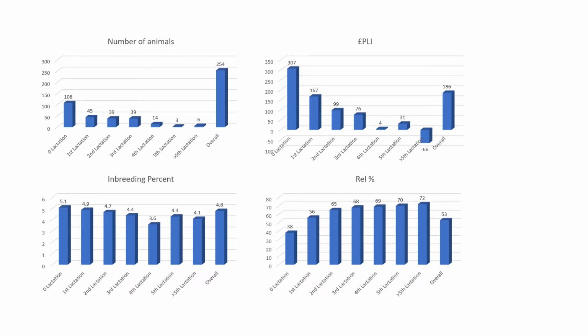The first slide, we've got number of animals. This just gives me a little bit of an idea of the breakdown of the herd, of how many animals are heifers, how many first lactations, second lactations, etc. The second slide is on the PLI. This is just an example of a herd with PLI being the subject. You can actually do it on most of the other traits as well, but I thought I'd just concentrate firstly